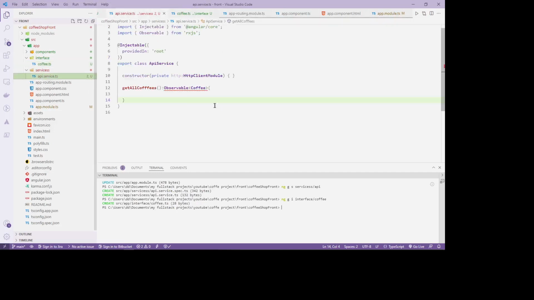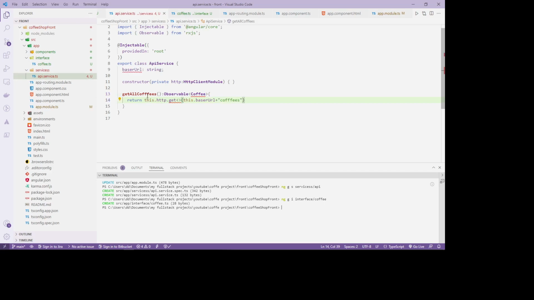What else should we have here? Okay, let's make the return here. This HTTP, I'm going to call the get, all right, and this base URL, which we don't have yet, plus coffees. All right, let's create this property, which will be equal to